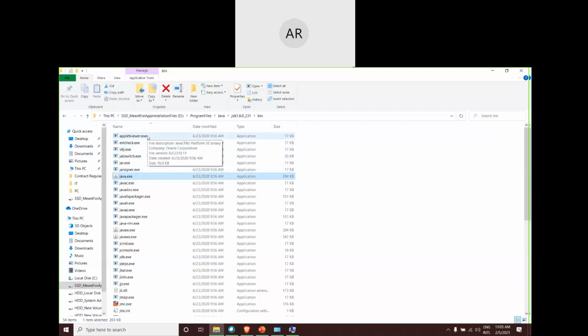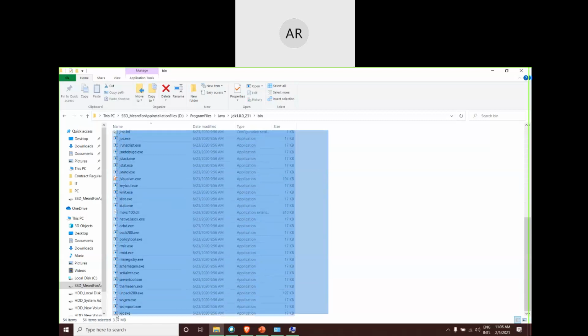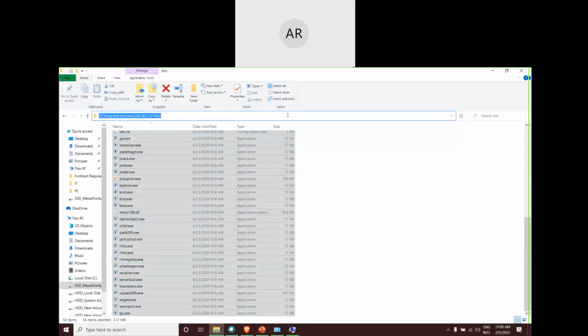We have a view of Applet Viewer, right? We have learned about Applet Viewer, which was meant for, instead of browsers, if you want to go through your Applet programs, scan through your checking, error mechanism checking, then you had Applet Viewer there, right? So all these things are mentioned in your bin folder. So what we'll say to our system is, if you want any of the tools that are being mentioned regarding Java, go to this particular directory.